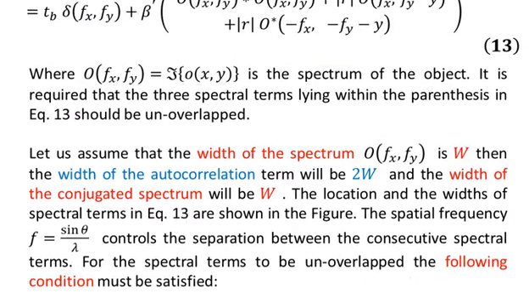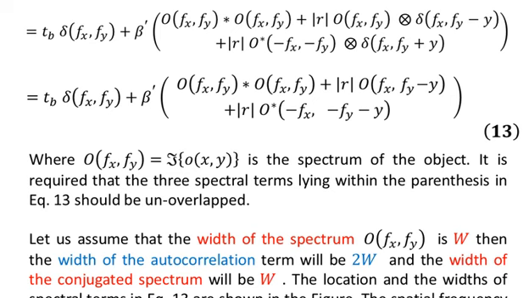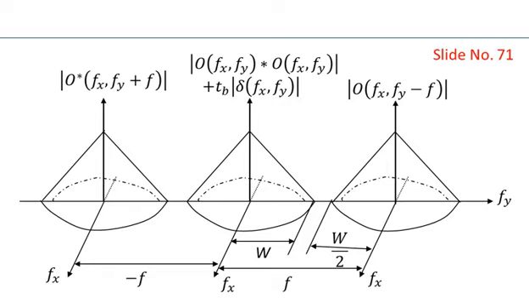And you know that this TB is just the focusing of the reference wave. This is just focusing. So this forms just a point source, that is delta of fx comma fy, just a point source. So this whole information is gathering at this point. So it means that we can narrow down the central contribution